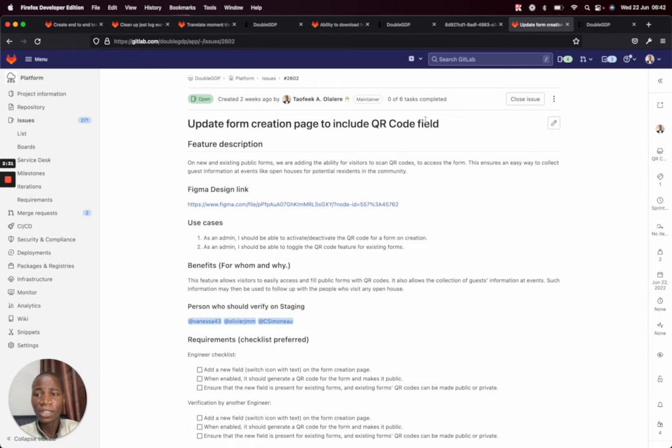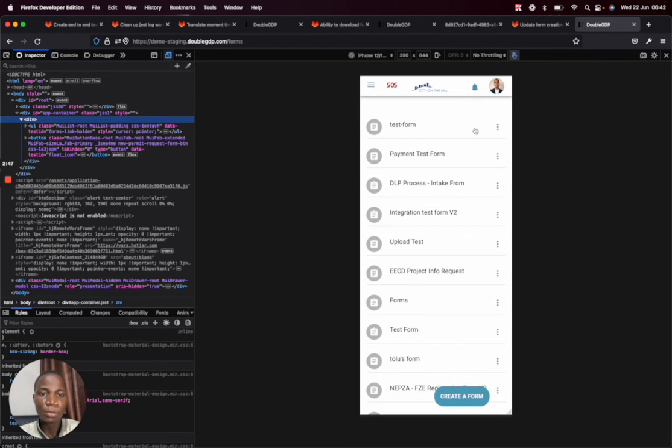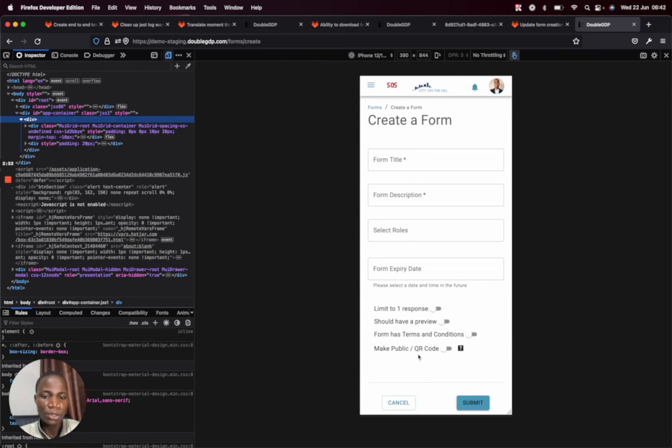The last thing I worked on was to update the form creation page to include a QR code field. This is another feature requested by one of our customers. They want to be able to scan a QR code to access public forms. So we've started that in this sprint. When users start to create a form, we've updated this public toggle such that users can now see that when the form is public, the QR code is generated, and this is a work